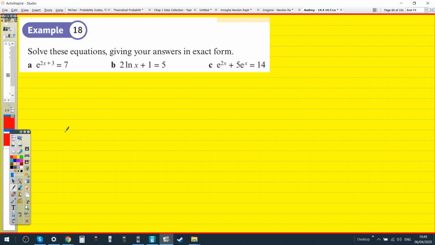So ln e of 2x plus 3 equals 7. Yeah. And then do I need to do ln e to the power of ln 7 is equals, oh no,